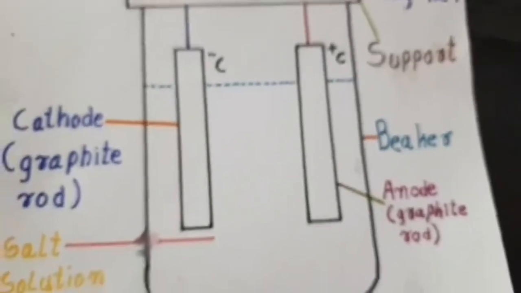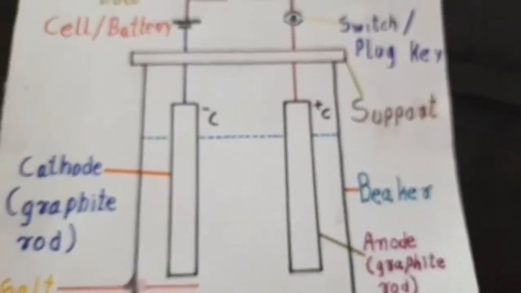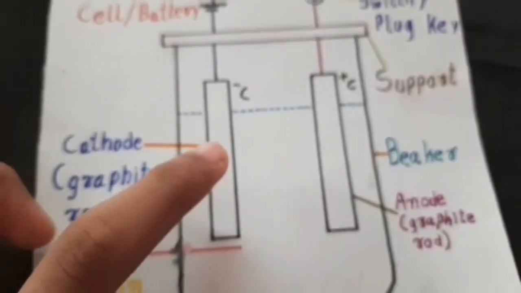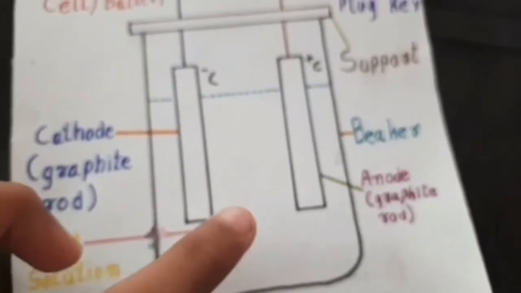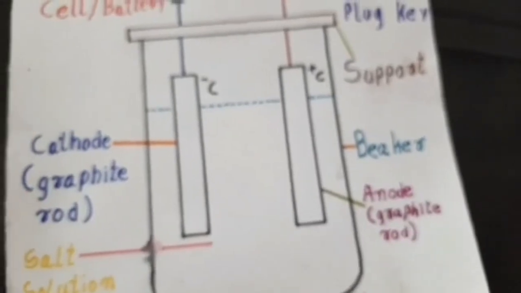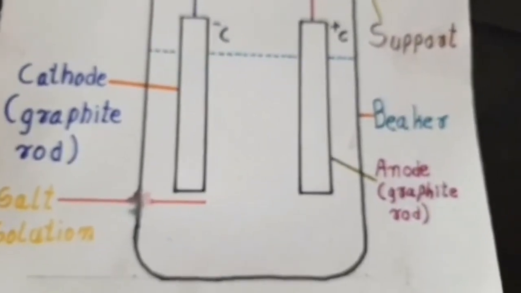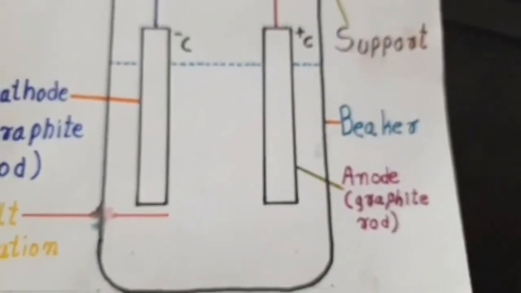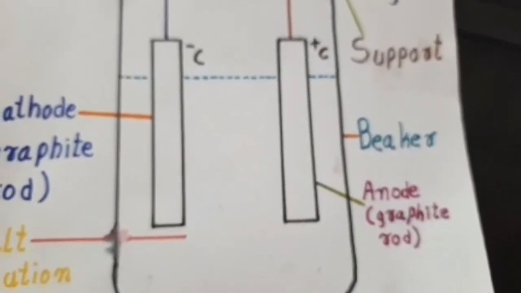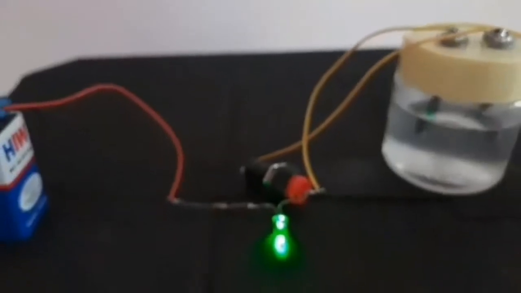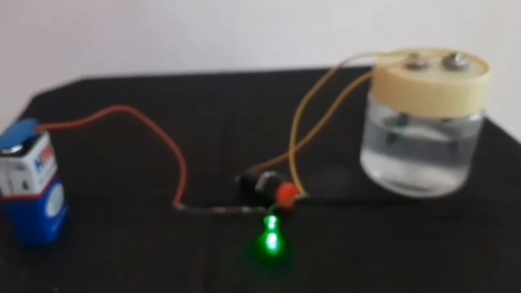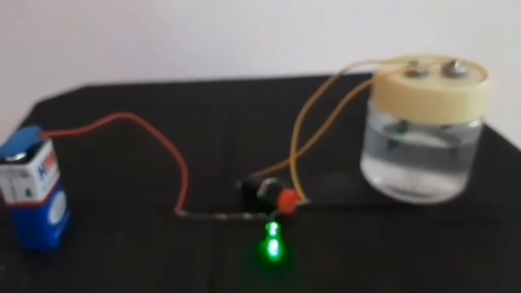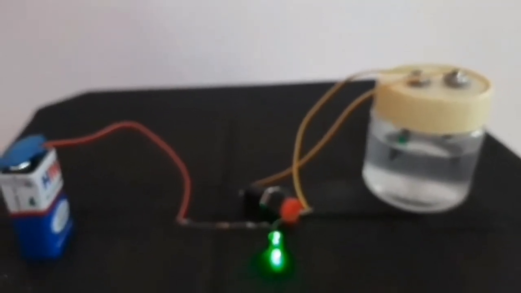It is very useful in the formation of chlorine gas and also hydrogen gas. Also, a base, sodium hydroxide, is formed in the solution. It has many industrial uses including making washing soda as well as baking soda. So this was the process of electrolysis. It has many uses such as the extraction and refining of metals, also electroplating, anodizing, etc.